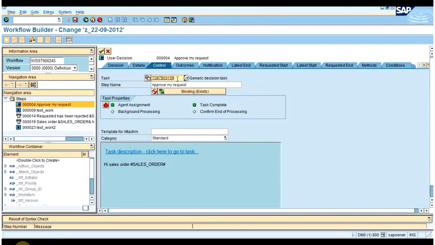Okay, but as we go on further, by default the mother would be for the 37 only. The mother would be there. See here, let me show you first in the technical log. For this work item, you can see 37 is the mother, 38 is the child, and then this 39 is the child.